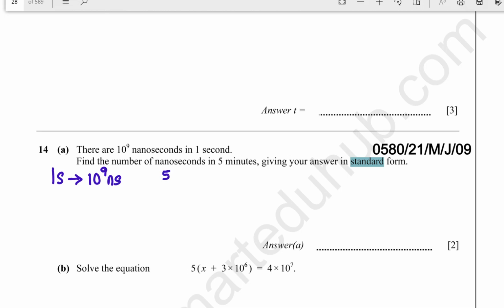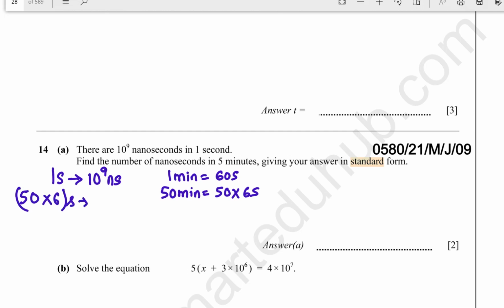Okay, 5 minutes. So we need to first convert these 5 minutes into seconds. For that we write down that 1 minute equals 60 seconds. So 5 minutes equal 5 into 60 seconds. So if 1 second is 10 raised to the power of 9 nanoseconds, then 5 into 60 seconds is equal to x. That means we'll write x is equal to 5 into 60 into 10 to the power